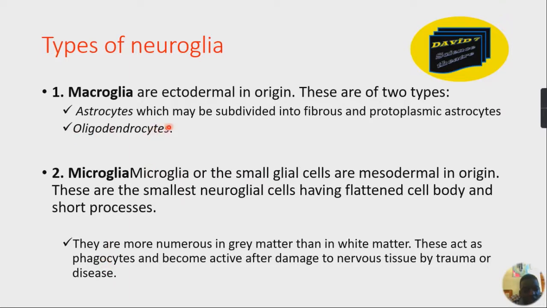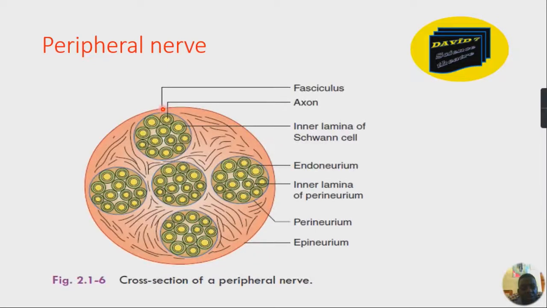Then the oligodendrogliocytes will be for producing the myelin sheath in the central nervous system. Then the astrocytes are supporting cells. Let's continue. Now let's look at the peripheral nerve. The peripheral nerve, as you can see here,